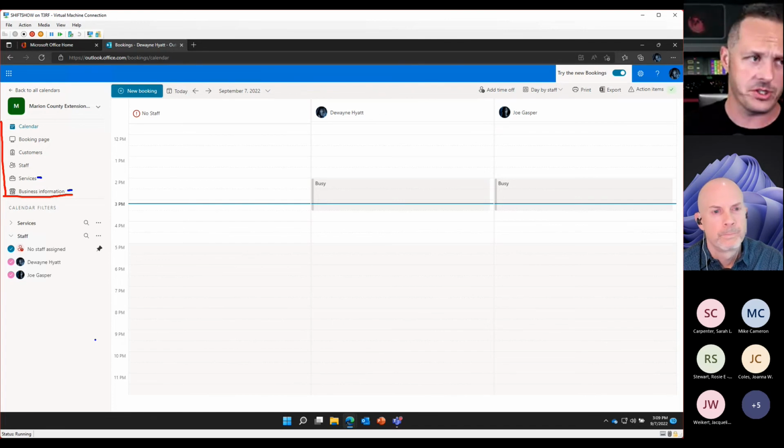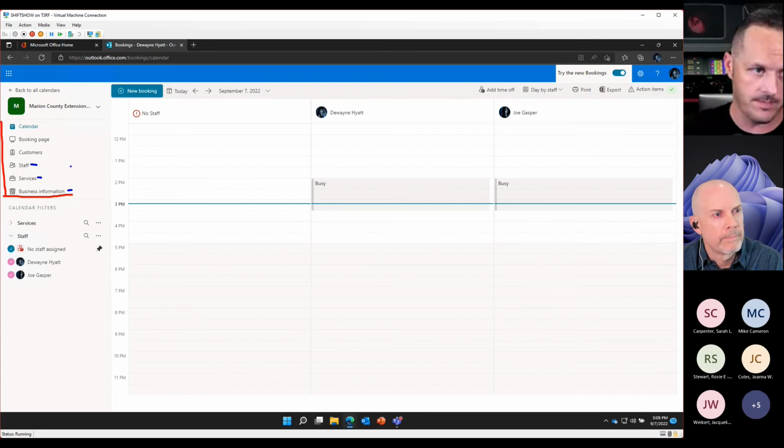We do nutrition assessments. So that might be a service that we want to add. You're also going to add staff. So that's where you would go in and start adding your agents. And customers is just going to be kind of a database of people who have booked with you before. That will build itself out over time so that you could kind of have an idea of how many people you've conducted business with. And then your bookings page, that's where you can manipulate the settings of the page itself,